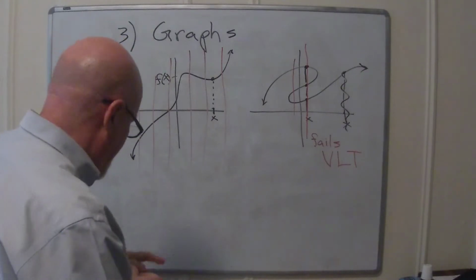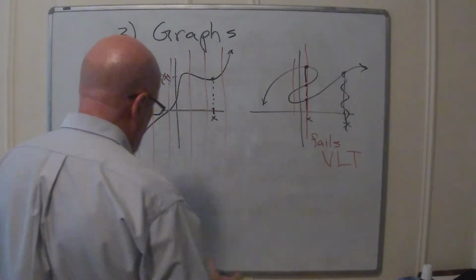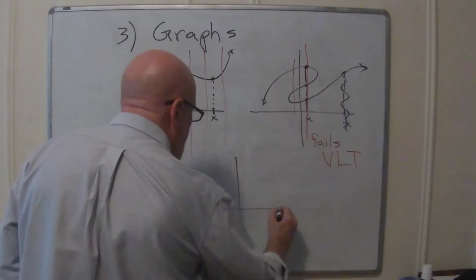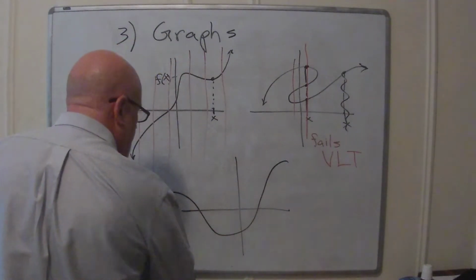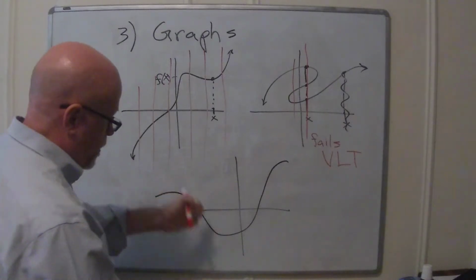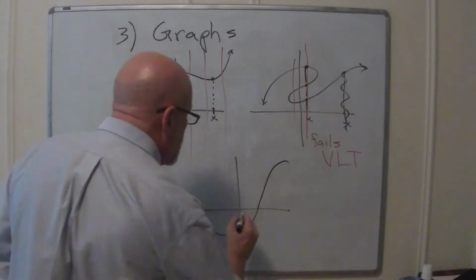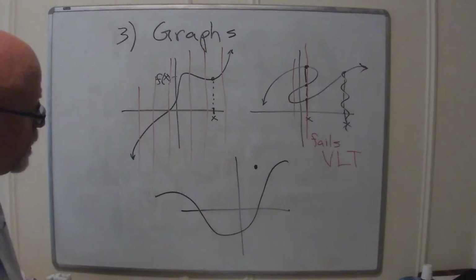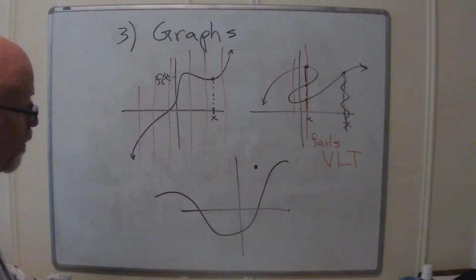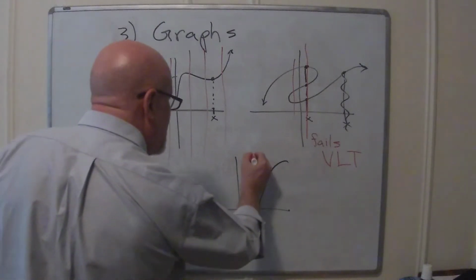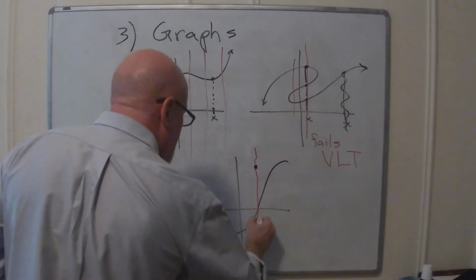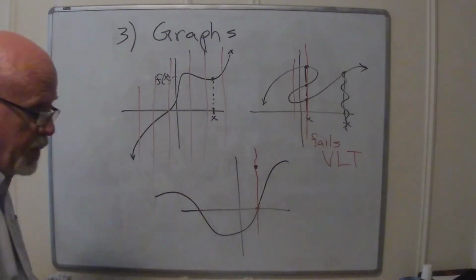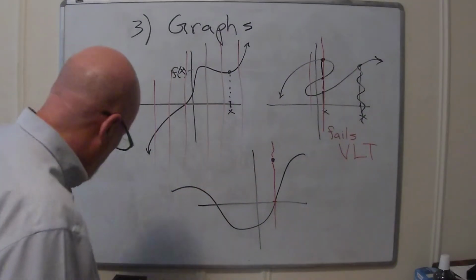So for instance, let me show you a graph that many people would go, that's fine. Suppose I had a graph that looked like that, a wiggly, curvy thing, and you see how it's passing the vertical line test? But there's also one point that's not on the curve. Well, if you make a vertical line right there so that it goes through that point and also hits the graph, that's a problem. You've got a place where it fails the VLT.